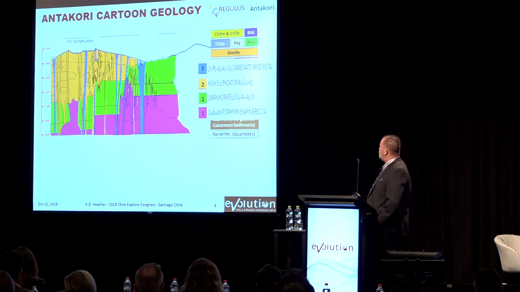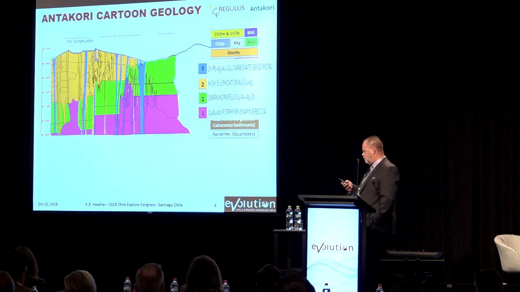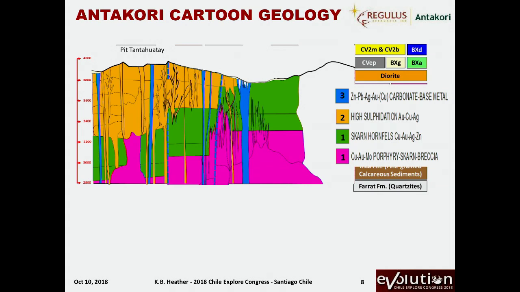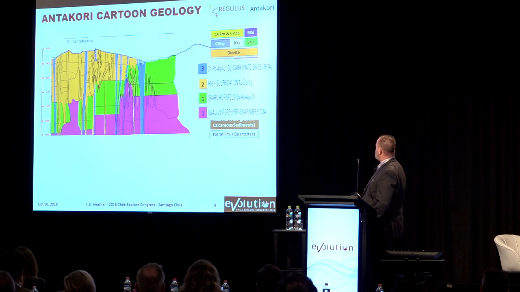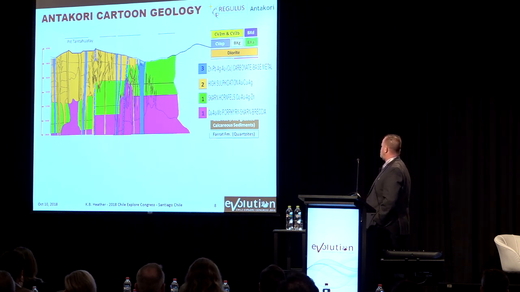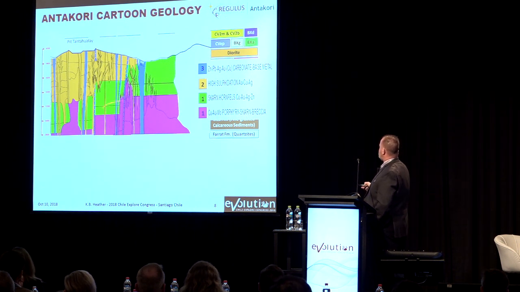We can cartoonify this, in that we've got four main different styles of mineralization. We've got an upper area here of high sulfidation style mineralization: copper, gold, silver. We've got a lower area here where we see skarn style mineralization: copper, gold, silver, and base metals. And then deeper down, we're starting to see indications of copper, gold, moly, although we're starting to see laterally indications